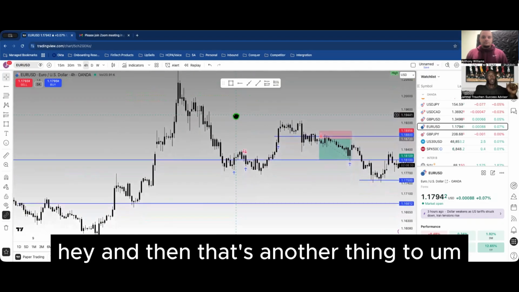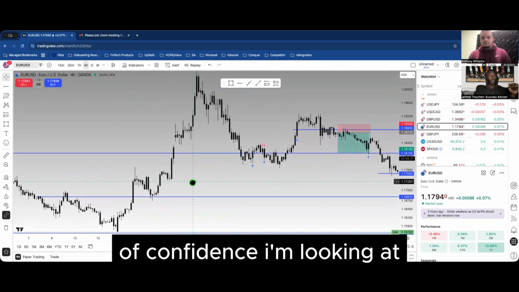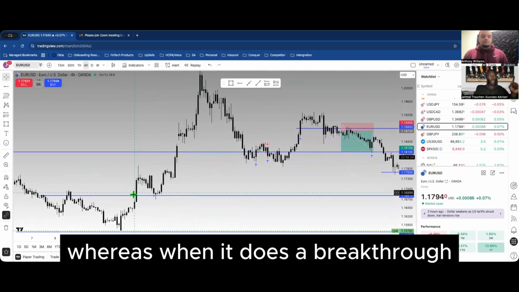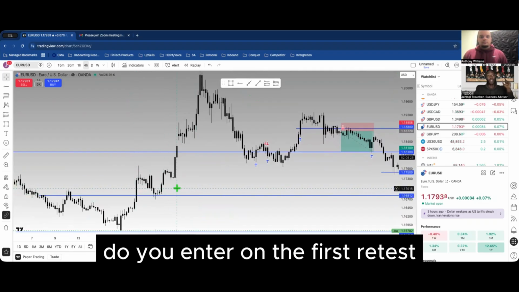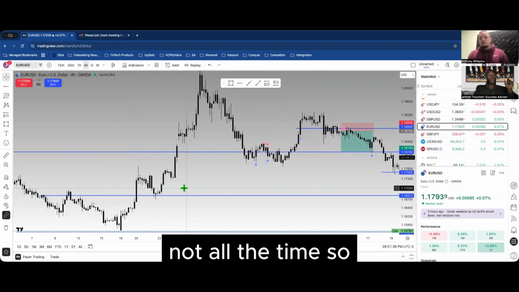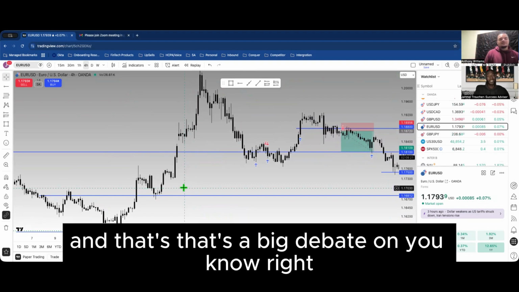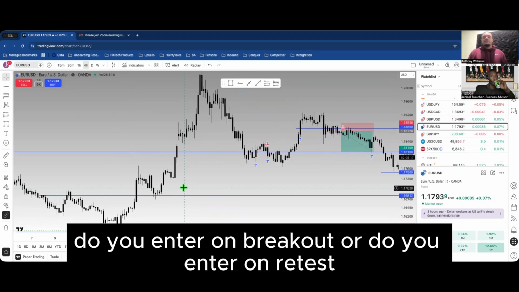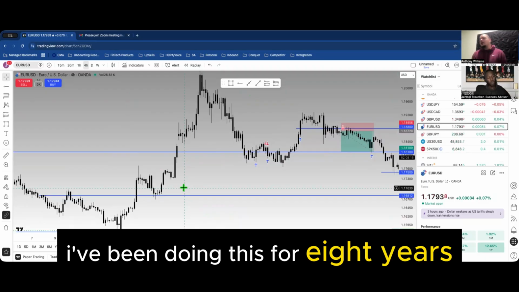And then that's another thing too, of confidence I'm looking at. Whereas when it does a breakthrough, do you enter on the first retest or do you wait? That's a big debate. Do you enter on the breakout or do you enter on the retest? I've been doing this for 8 years,